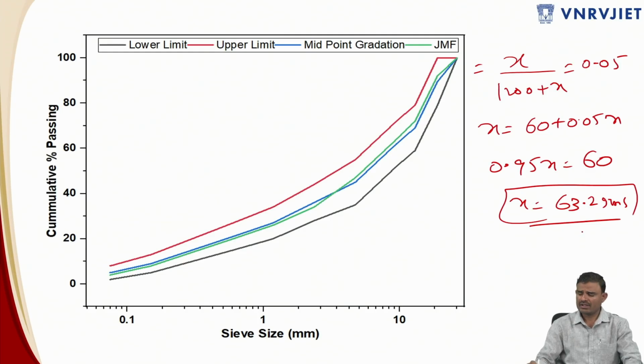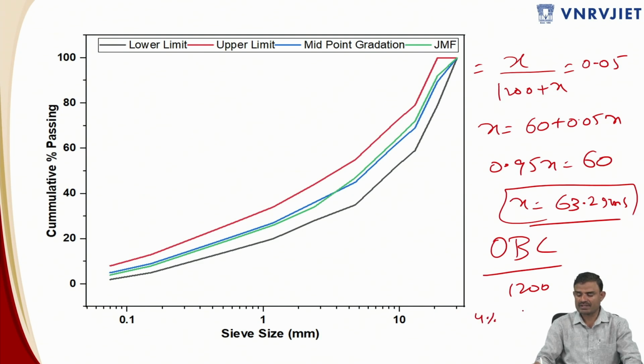After that, you calculate this again. The first and foremost step in the Marshall method of mix design is the calculation of OBC, optimum binder content. We don't know what the optimum binder content is, so we have to go for trial asphalt content. The aggregate weight is kept constant at 1200 grams, so you have to start with somewhere around 4.5, or